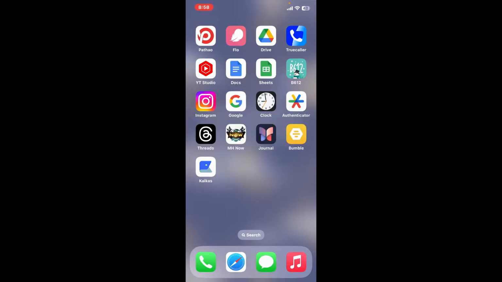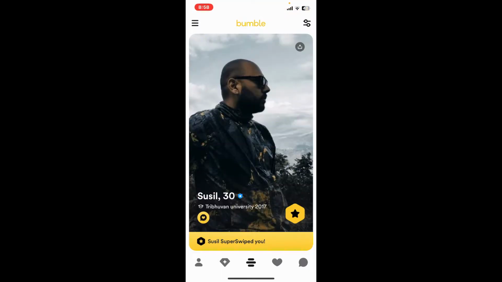First of all, download the Bumble application from your App Store or your Play Store and sign up for a new account using your phone number or your Facebook profile. Once you are done with it, open up Bumble and once you are done setting up your profile, start swiping